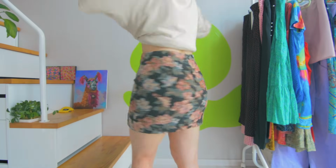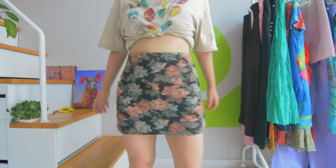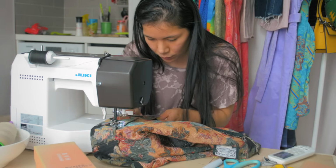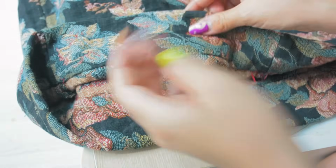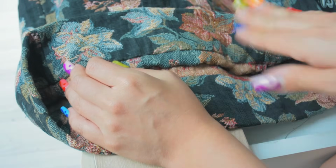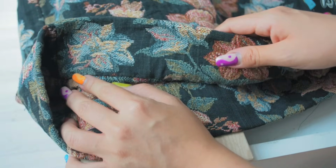I've had this skirt for over a decade, yep. And the only thing that's been holding this up are these 2 stitches that I did on both sides of the skirt. After all these years, I'm finally sewing the hem of this dang skirt. I tried to do a straight stitch just on this folded part, and I was going to cut it and then hem it, but given that the fabric is gonna fray a lot and it's gonna be a lot of trouble, I just thought I'll just keep this folded hem that I already did